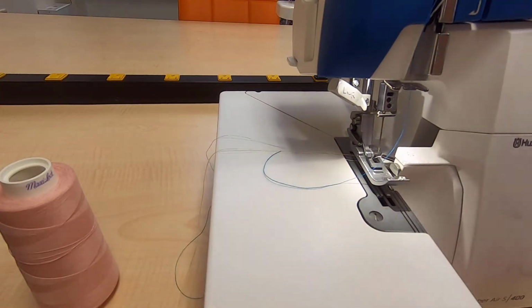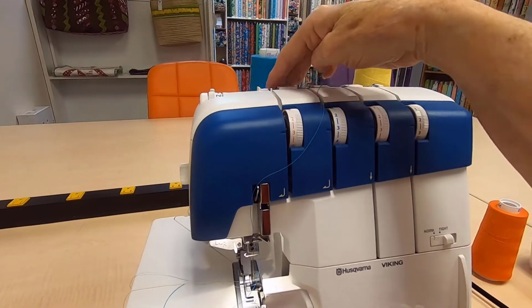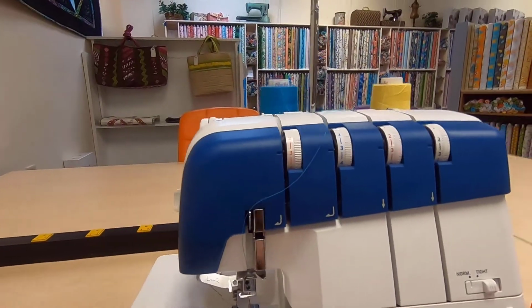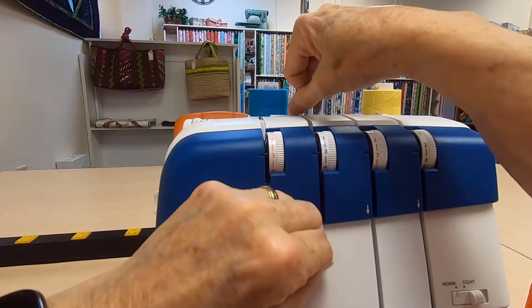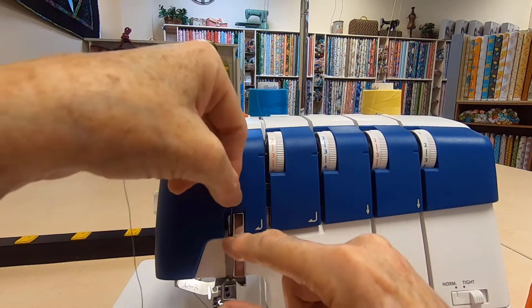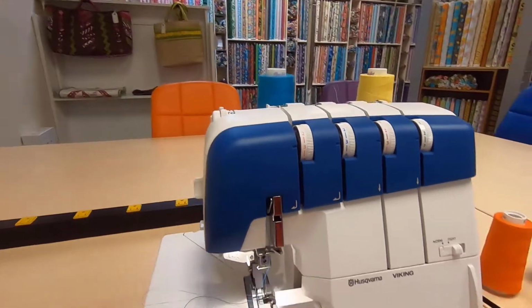Okay, now I'm going to thread my right needle. So I just have to bring it up into this thread guide. Okay, so we bring it into the thread guide. My foot is up so that my tension discs are open. Bring it over and up around this take-up lever into this guide. And now